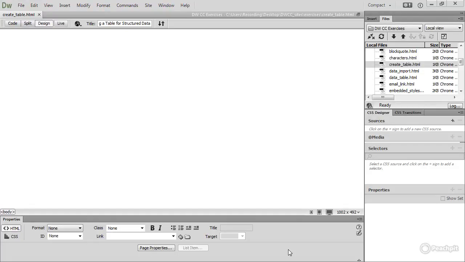I've created a blank page in the exercises site, and in this lesson I'm going to show you how to create a simple HTML table and populate it with data. Tables provide a regular structure of rows and columns similar to a spreadsheet, but for many years designers hijacked them